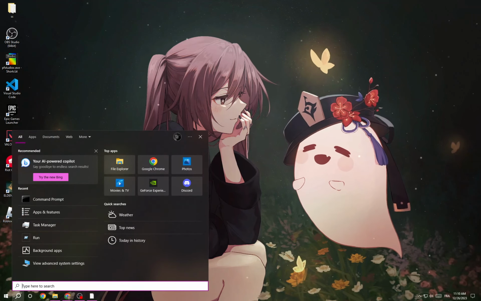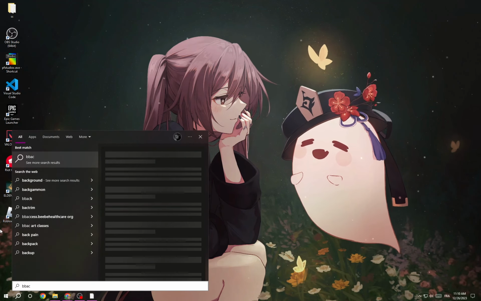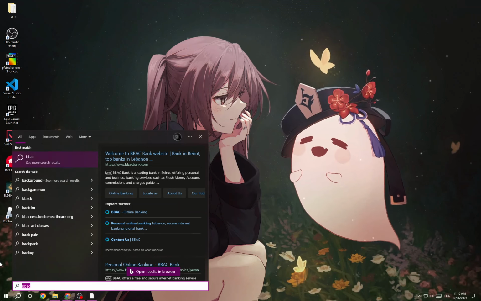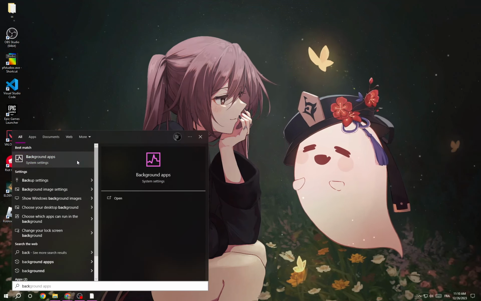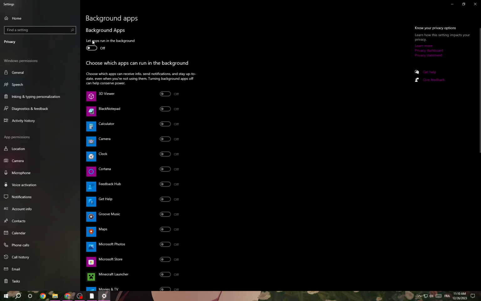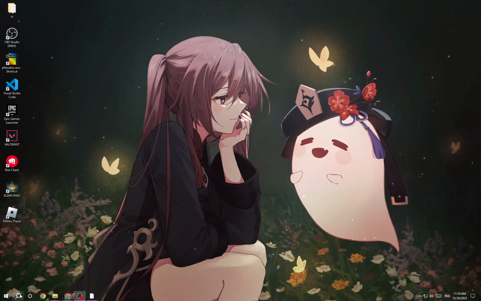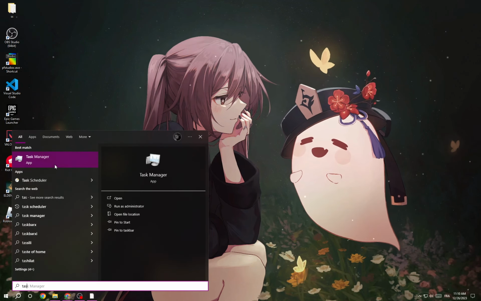First click here and go to background apps. Background apps, and after that turn off this option and then go back, and after that open task manager